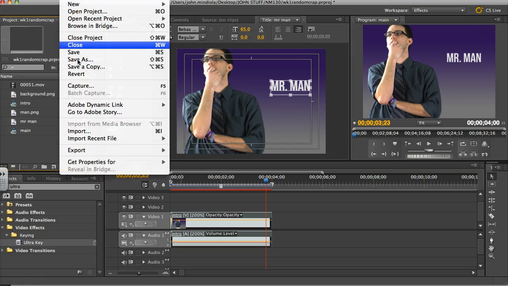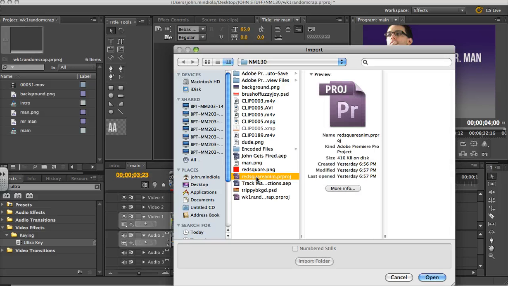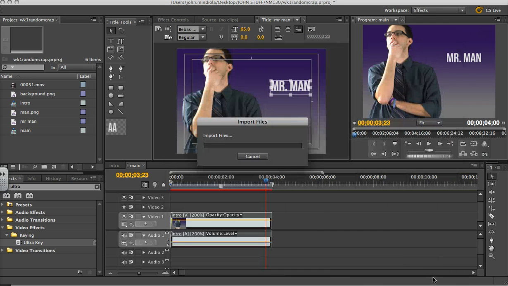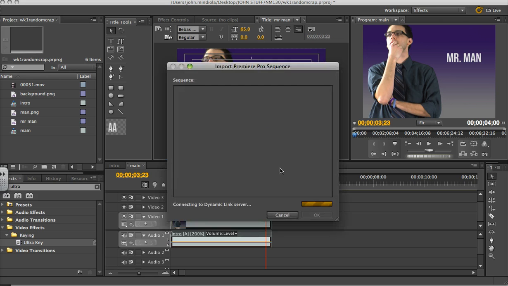So I just go here, and I go to File, Import, and I look for another project. Here's one called the Red Square Animation Project. This is just a stupid example. Click Open. It says, do you want to import the entire project or selected sequences? I believe this one just has one, but in any case, I'll just select Import Selected Sequences, hit OK, and